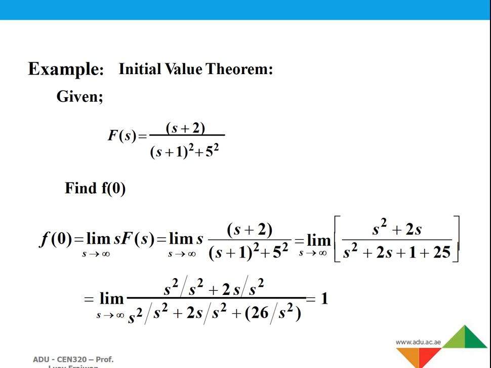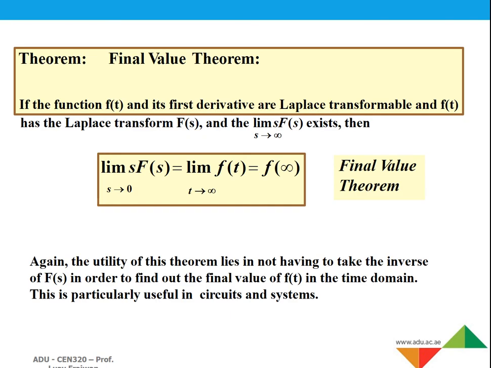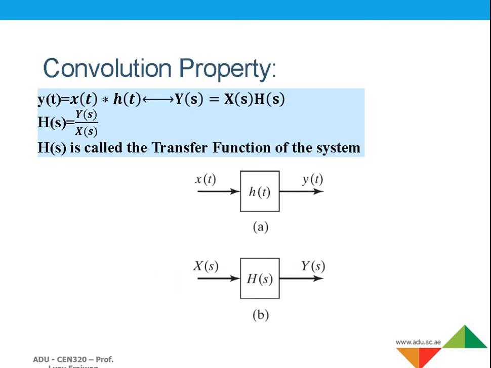So this is one example. You want to calculate the initial value, so we multiply s times F of s. Here you have s plus 2 over s plus 1 squared, and you are just multiplying with s. If you do some simplification and finally put in the value of infinity here, eventually the answer is 1. So you can try, and we will try to solve this in the live session. Similarly, the final value we can calculate as I explained.